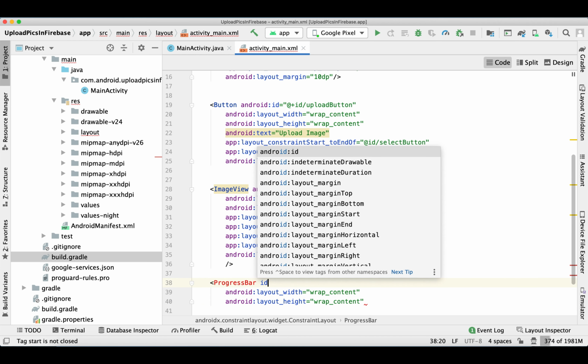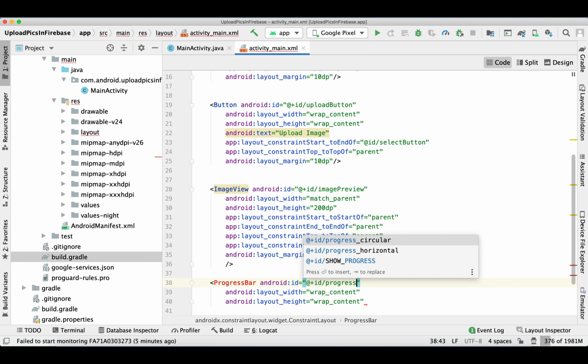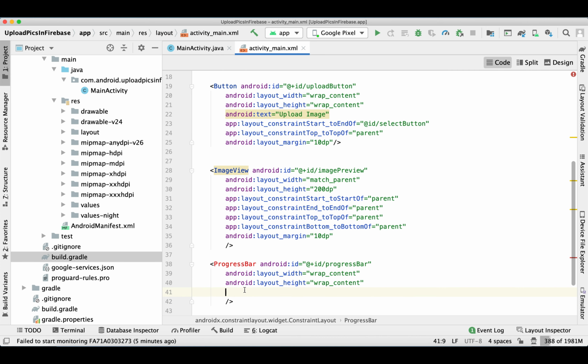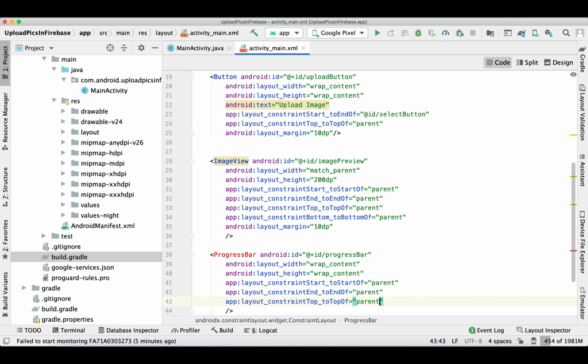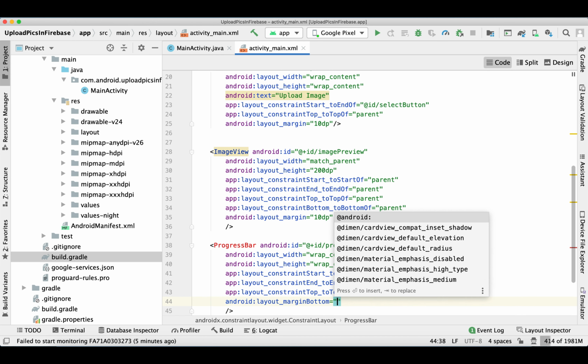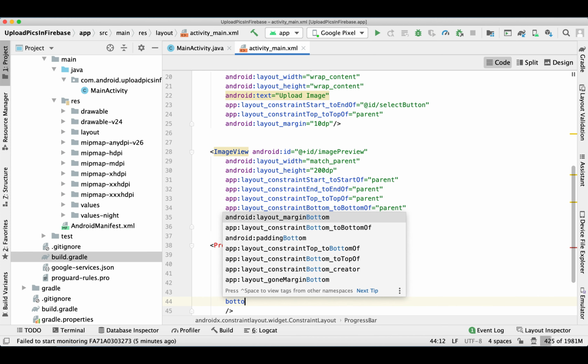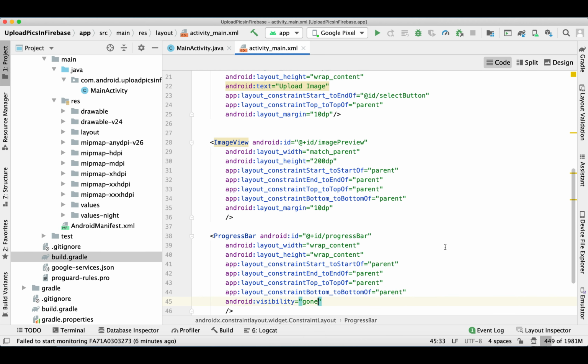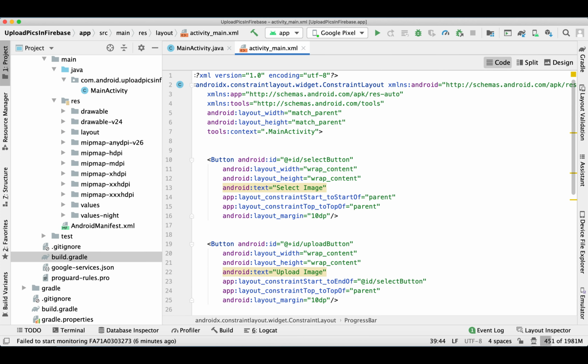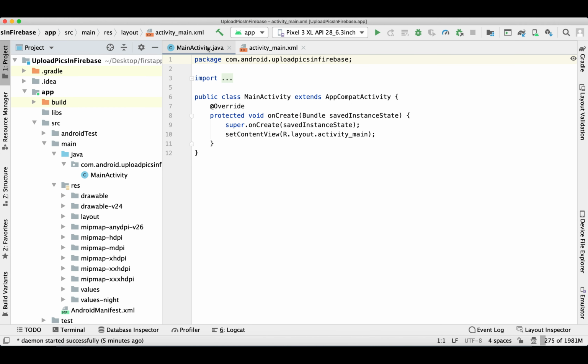Since an image takes some time to upload, during that time we'll display a progress bar to the user. Initially we'll make its visibility gone, so that it shows only while the image is uploading.